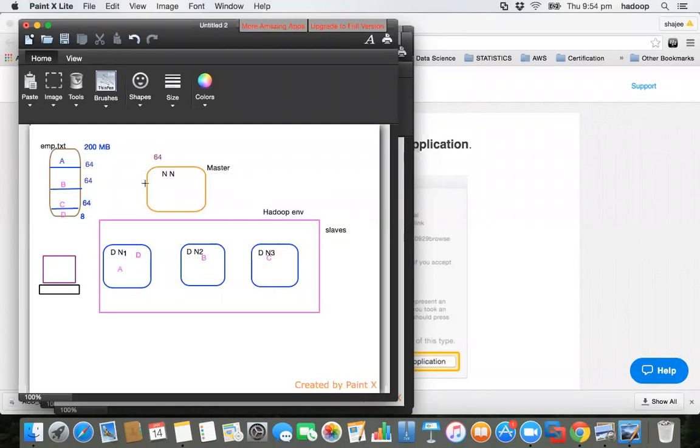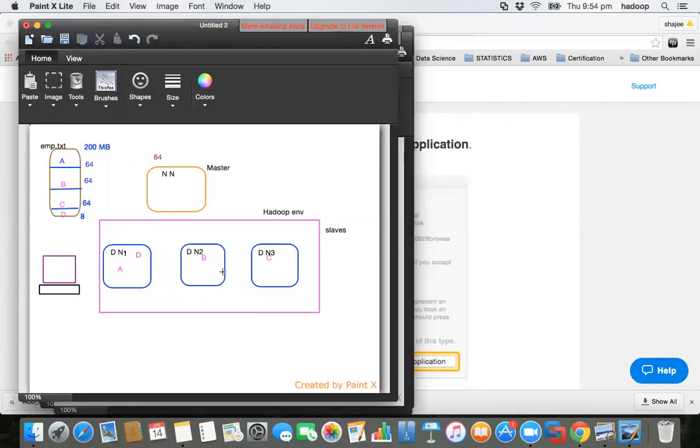So one thing that you need to understand is, it's not the client who is actually going to do it. It's a part of the master. It's a part of the process that's going to split that file. Okay, we are going to see that in detail. Okay, so now moving on, what we need to understand now is